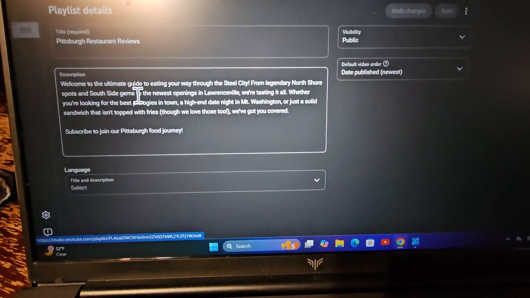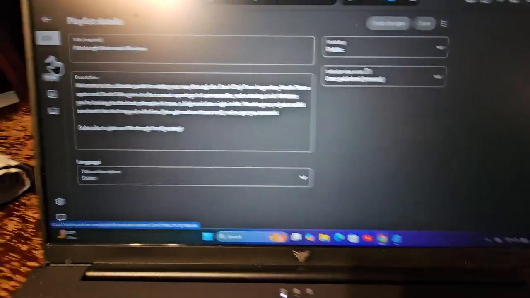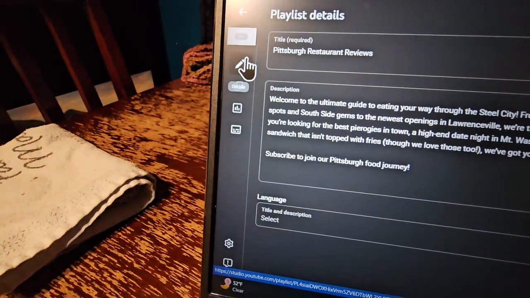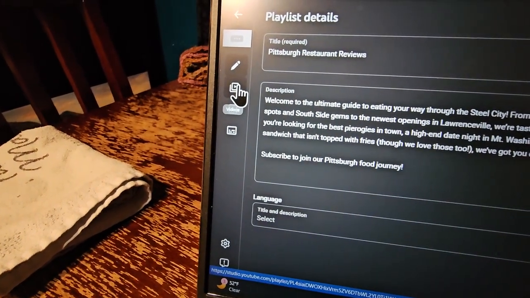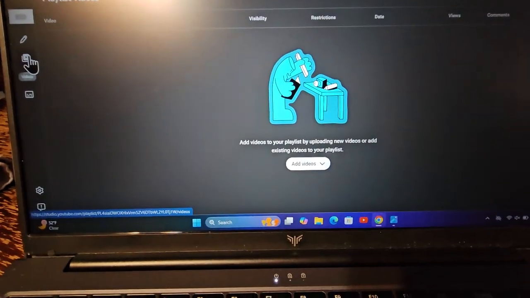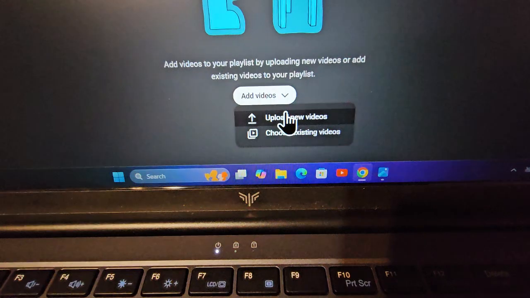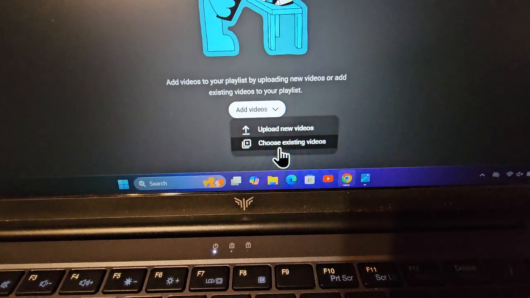Well, we click on the playlist, and then at the bottom, wait a minute, options, here. So there's details, and then we go to videos. Click on videos. There's no videos here. So then we go down here. It says add videos. And now you can upload a video directly from here, or you can choose from existing